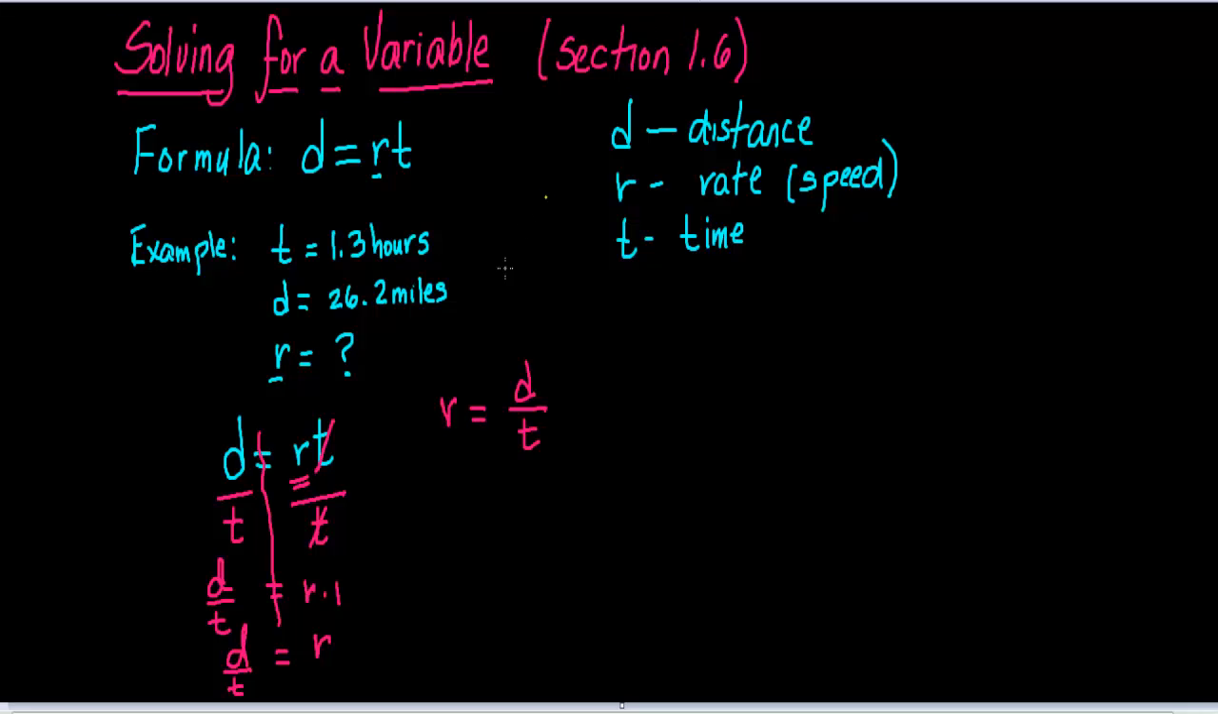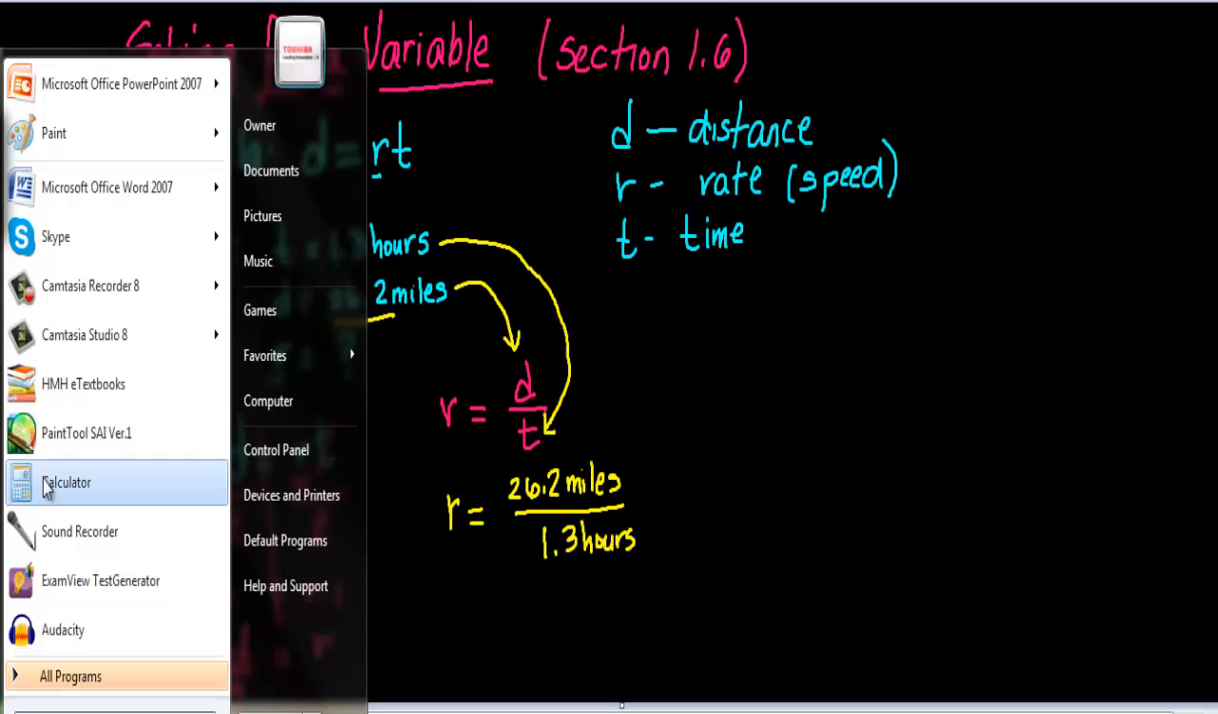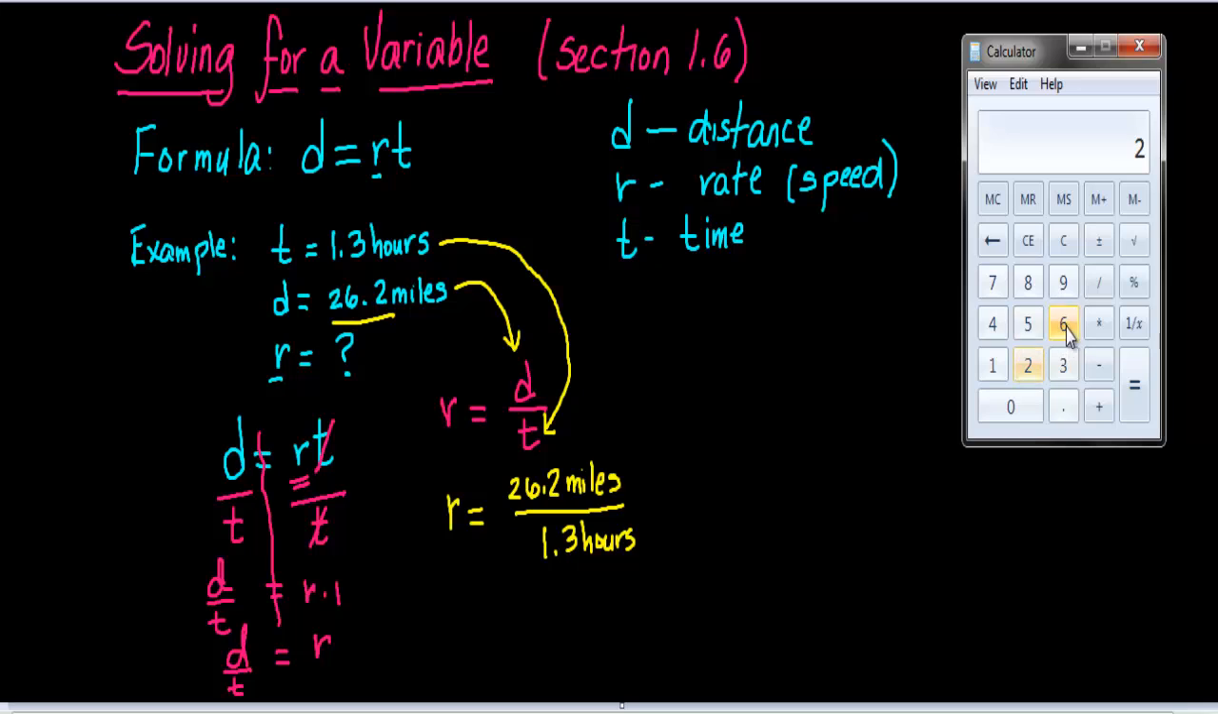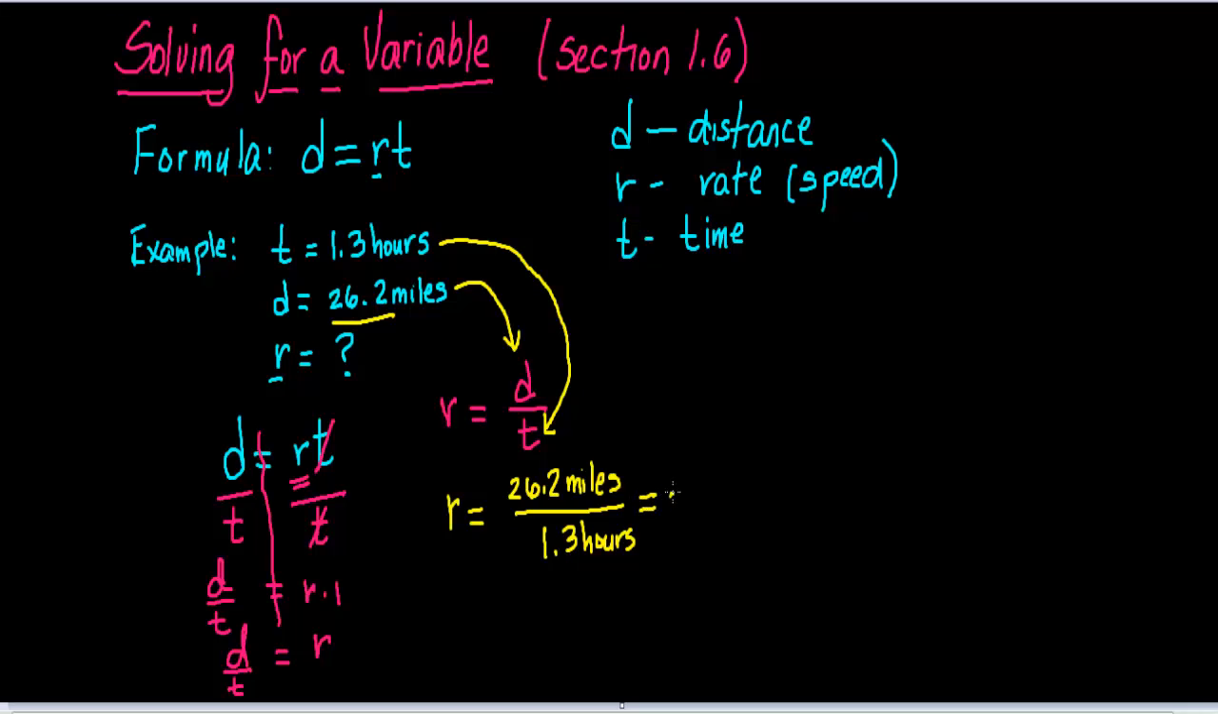Let's answer the question. It says, what is the speed? If I know the distance is 26.2 miles, let's plug that in where D is for distance. 26.2 miles, and then let's plug in the time it took him, which is 1.3 hours. Let's plug that in the denominator, 1.3 hours. And now you take your calculator. Let me get my calculator here. 26.2 divided by 1.3 hours is equal to 20.2, and we rounded it off, so this is approximately equal to